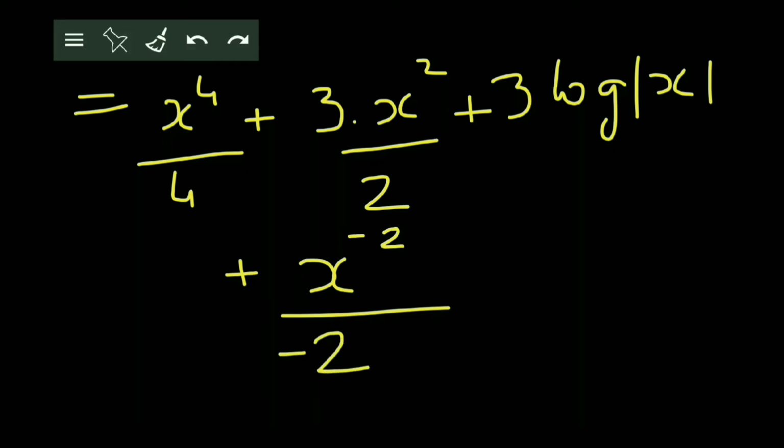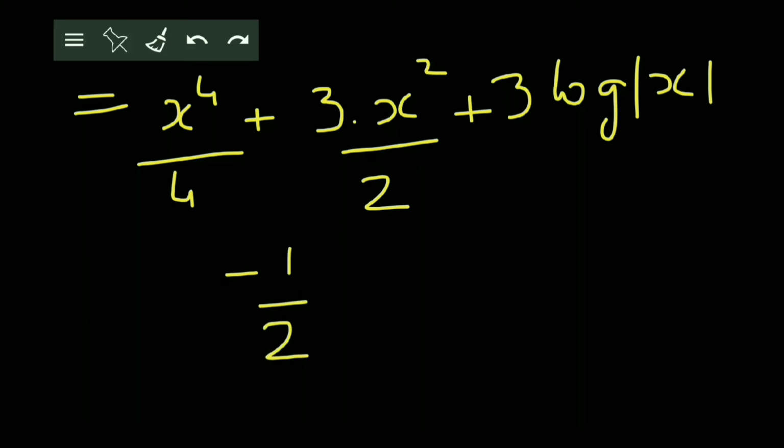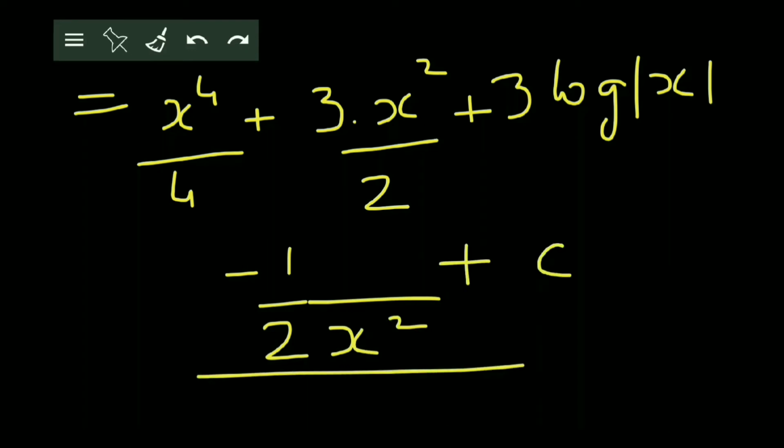Now in the next step, what we can do is take this x raised to minus 2 upon minus 2. X raised to minus 2 can go in the denominator and it becomes x square. So the remaining integral remains as it is. But the last term is modified like this now. It becomes minus 1 upon 2, because that minus 2 was down, the minus sign we can bring up also, 1 upon 2 x square, and we get plus c. So this becomes the answer here.